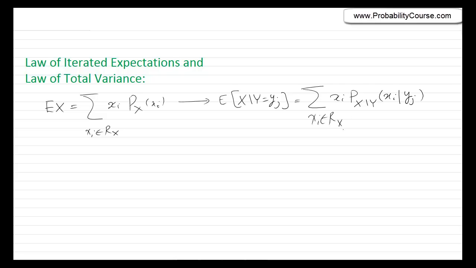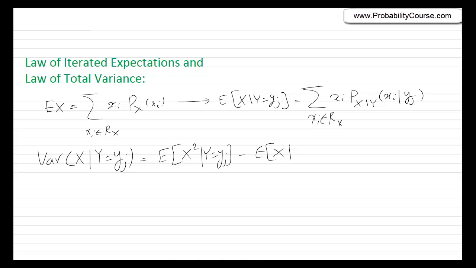The same idea is true about the variance. If I'm interested in the variance of the random variable x, given that I have some additional information, in particular if I know the value of the random variable y is equal to yj, I can write this as the expected value of x squared given y equals yj minus, so the same formula. The only thing is that now we are conditioning on y equals yj,